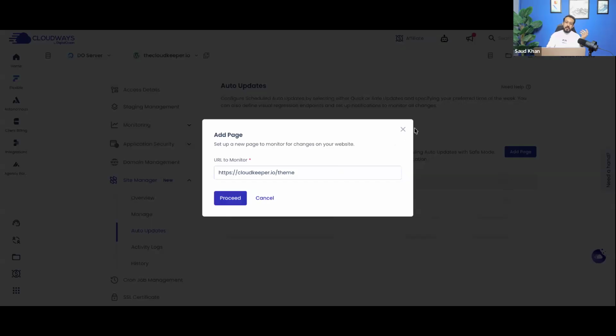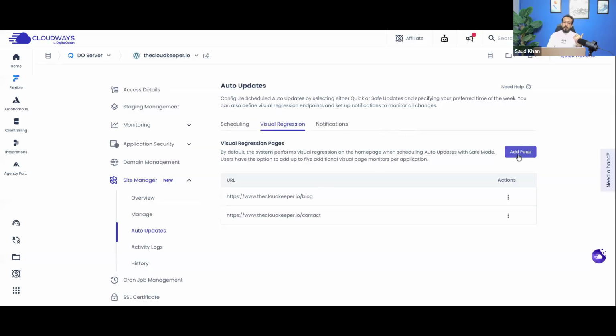I can proceed directly with that. So right now this page is not part of it, so it has failed. There are checks defined. The page and URL you define in this area should be on the website and should be live for that particular website. You can add up to 5 pages. By default, it's set to the homepage only. And apart from the homepage, there are additional 5 pages that you can implement